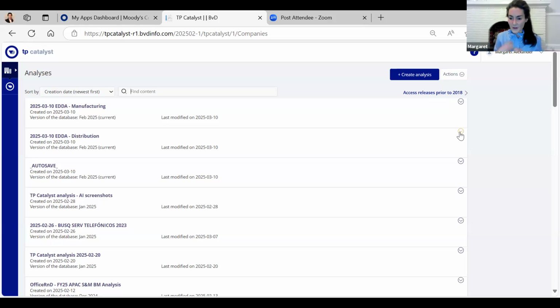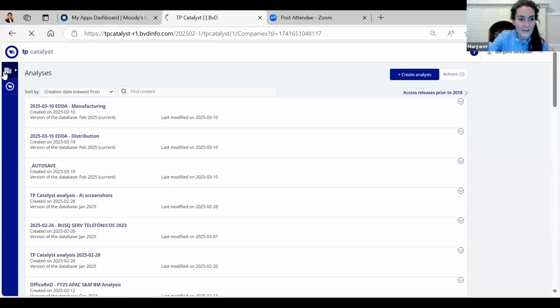Not that it's limited for us, but it's limited for everybody, because certain countries have filing requirements that require companies to make their financial data public, even if they're private. Like in Europe, a lot of private companies are required to make their financials public. So we have a lot of financial data in Europe, but that's not the case in the US. So we have all of the public financial data that's available. It's just that the amount available is limited. So I'm going to load this analysis.